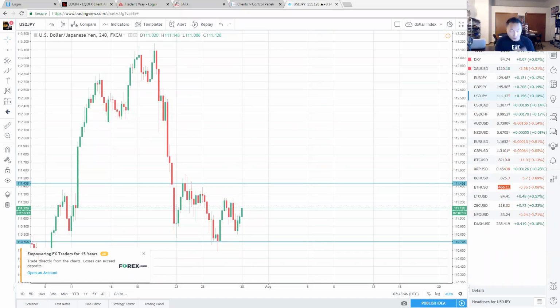As you guys can see, no indicators, just two horizontal lines on the 4-hour chart here for USD JPY. USD JPY is climbing back up. I'm looking for it to break 111.4 tonight and then retest, remember, retest back on that 15-minute chart, that 111.5